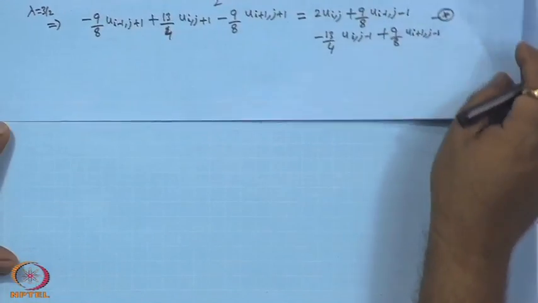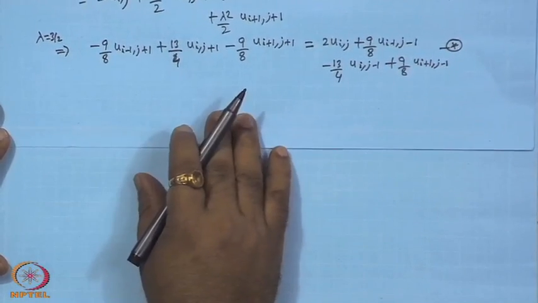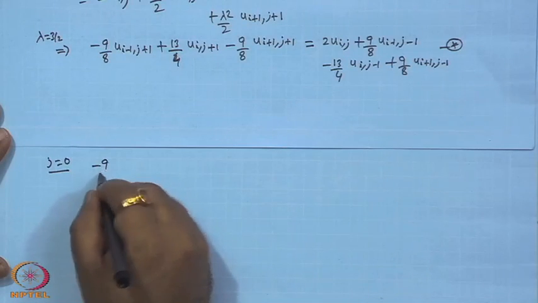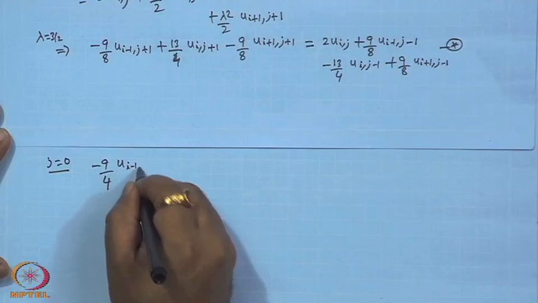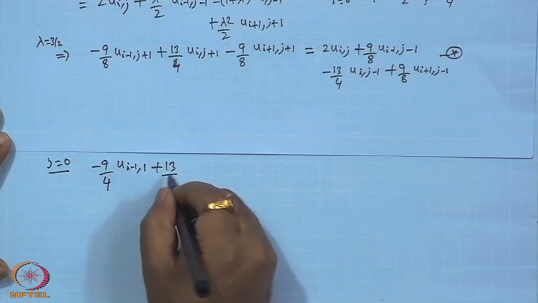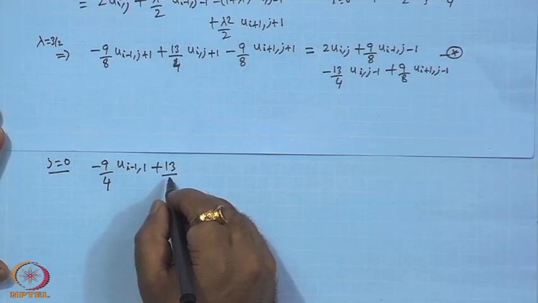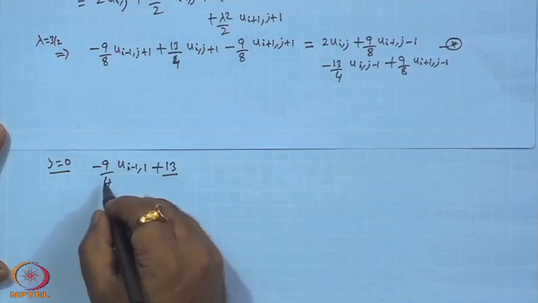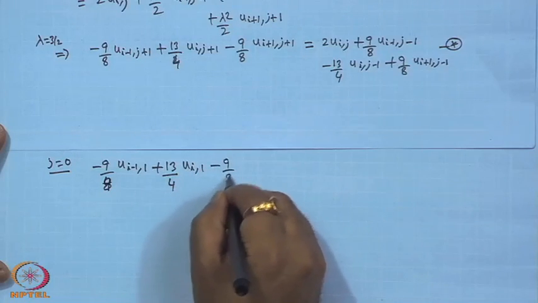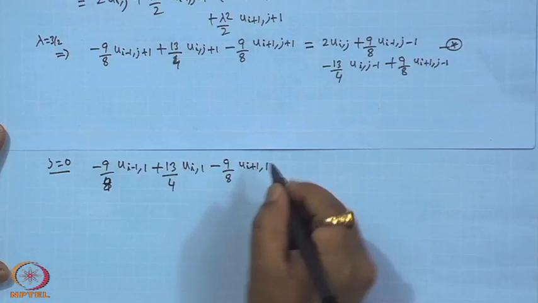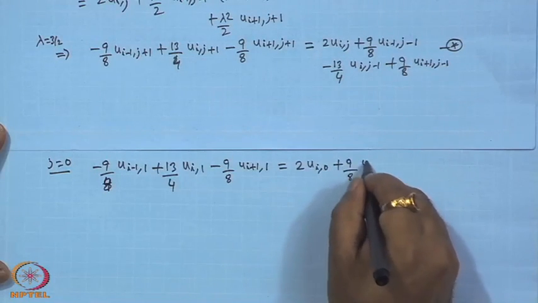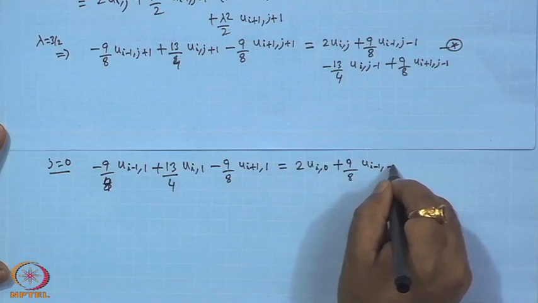So, this when j equals to 0, we get 13 by 4 u I 1, u I plus 1 1 equals 2 u I 0 plus 9 by 8 u I minus 1 minus 1